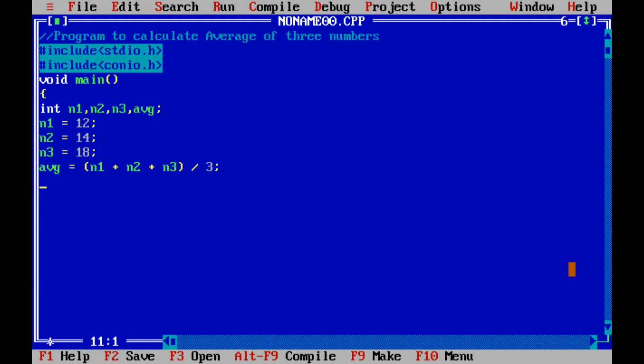Now I'm going to display all these values in the output. For this, I'm going to use printf.